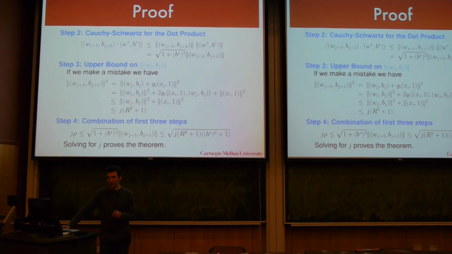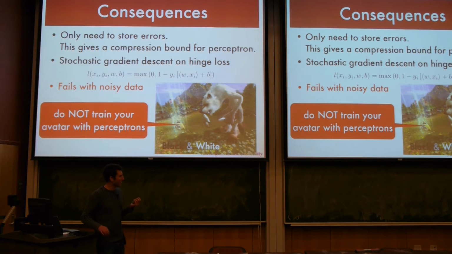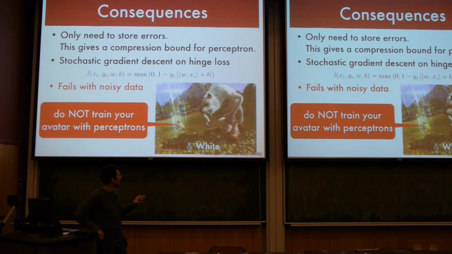So the nice thing is that if things are nicely separable, this algorithm converges very rapidly, and why not just use it in practice? And for that example that I showed you before, in the first lecture, about the black and white images, the wolf and the cow example, that's how the wolf was being picked out by the pose.